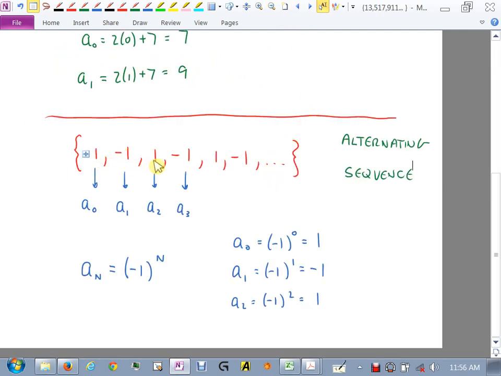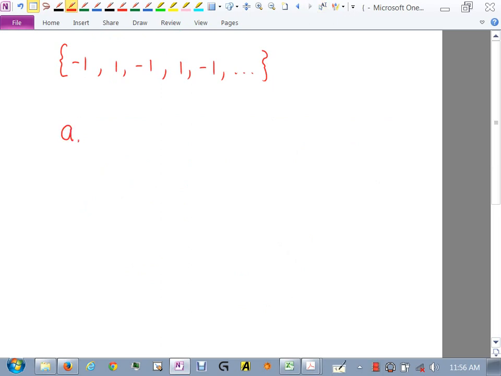I want every one of these to change its sign. So I really just want to take this and multiply it by what? -1. Multiply this one by -1. Multiply this one by -1. Yes? That would just change the sign of each one, right? If you multiply something by -1, it changes its sign. That's all I want to do, change the signs of this sequence. So all I need to do is take this and multiply the whole thing by -1, right? Let's just see if it happens. A sub n, I'm going to take the formula that was there and multiply it by -1. So here's the formula that was there, and you multiply it by -1, and that's what this is, yes?